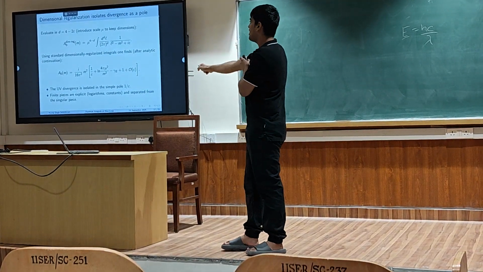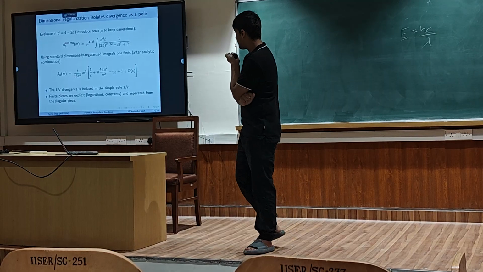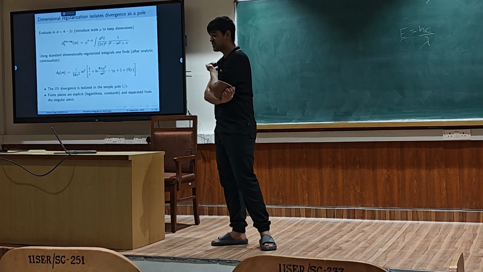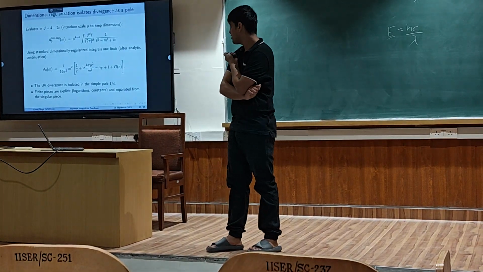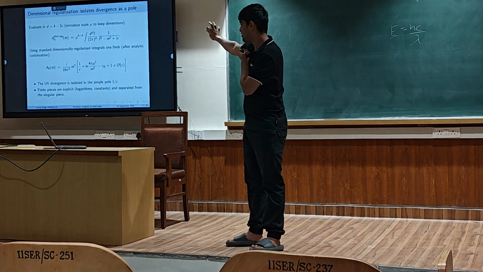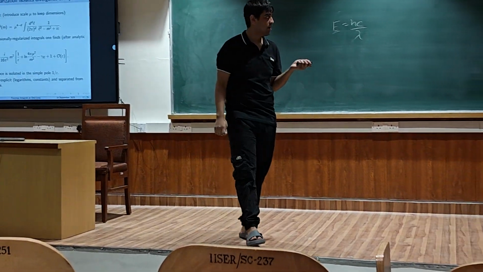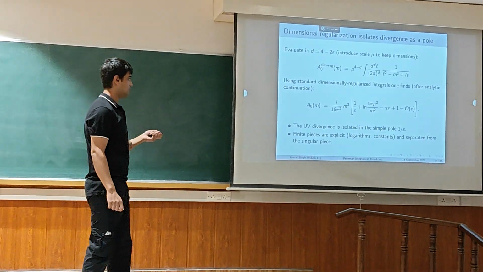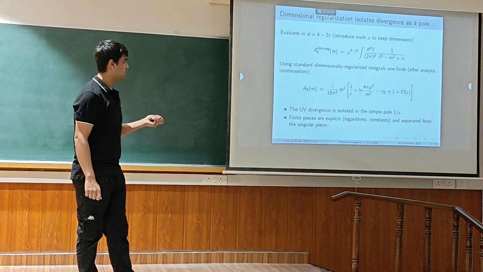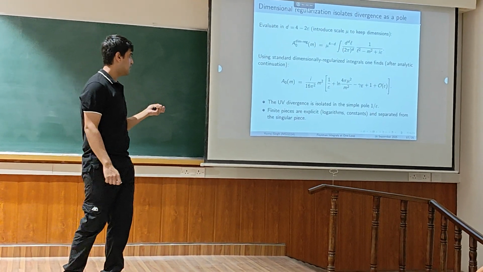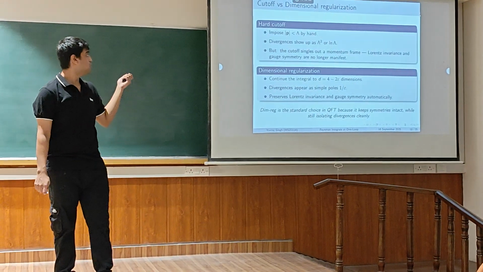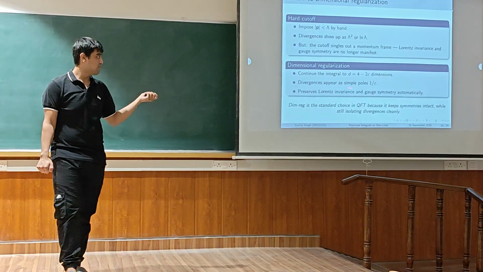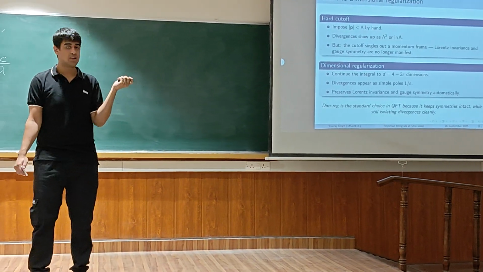So this I write as my normalization constant, renormalization constant, to match my initial mass dimension, so the dimension becomes consistent. And now when we solve this, we see a 1 upon epsilon pole comes outside. So there is no other pole here. So we are able to isolate my divergence, and now we see why this method of dimensional regularization is even better, because it preserves the Lorentz invariance and gauge symmetry.